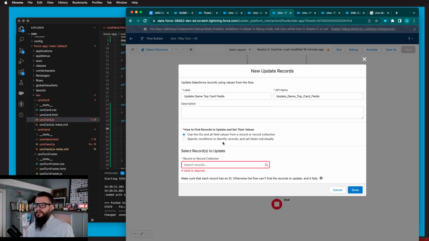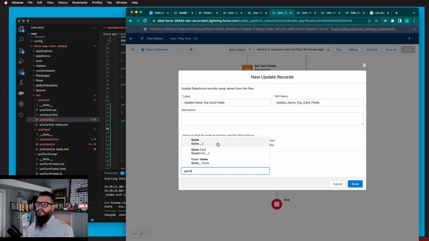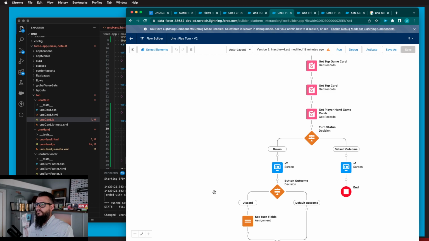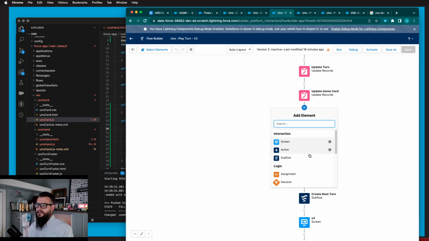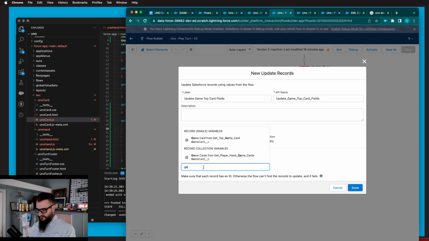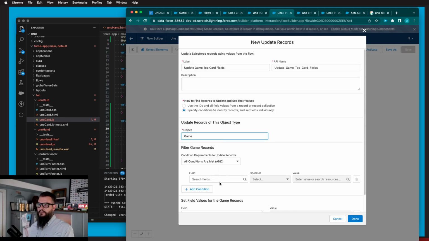So let's do this as conditions, I think. Did we get the game? Actually, do we have our... Yeah, no, we don't get the game. That's fine. We'll update based on a record, not based on an object. I'm sorry, based on an ID. So update game top card fields. There we go. Use IDs. This is going to be a game. Oh wait, conditions. Sorry. This is a game whose ID